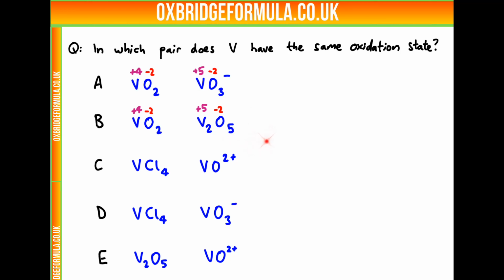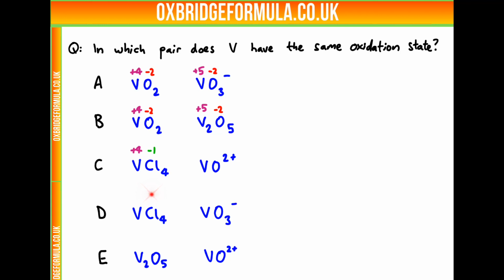How about pair C? So in VCl4, we need to use a different rule. And what is that? So chlorine, being a halogen, generally takes a -1 oxidation state, unless it's bonded to oxygen, which it is not. So what does that mean for vanadium here? We have 4 chlorides taking it down to -4, and so vanadium has to be +4 to make a neutral